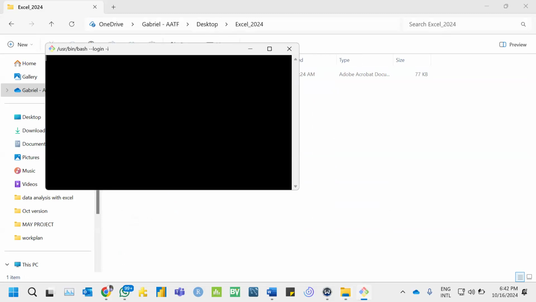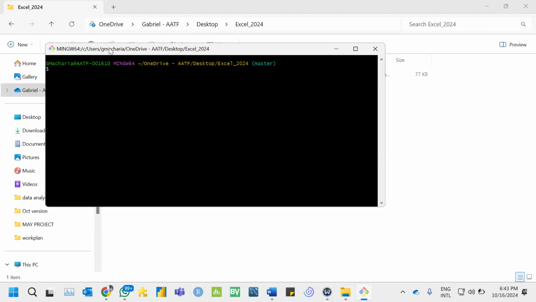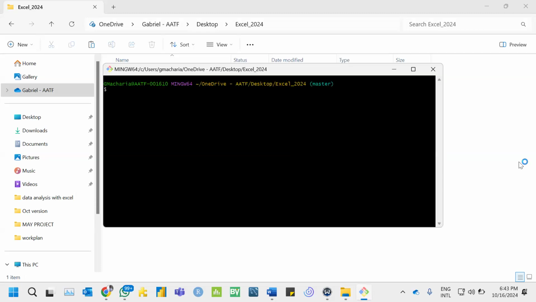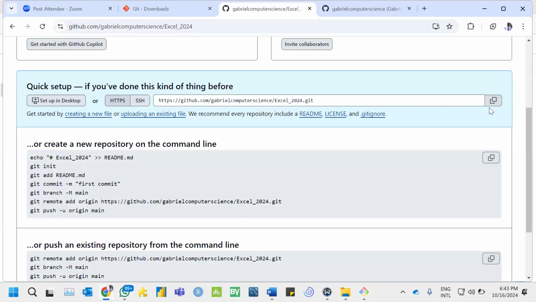So it's going to take you to what we call the path, the desktop folder where you have saved your project. Someone kindly confirm if they can see my Git Bash user interface. Yes. Thank you. Perfect. So the first thing that you need to do is that we need to clone our repository. You see this one here. So we need to copy this, and then we need to clone it to our